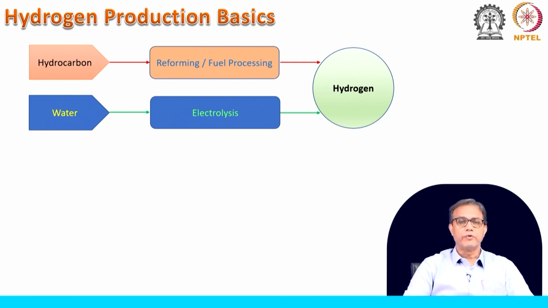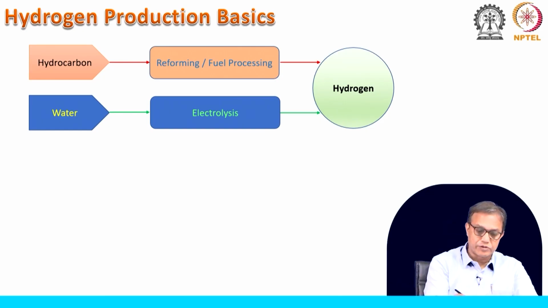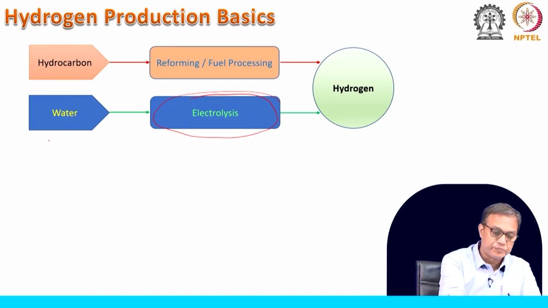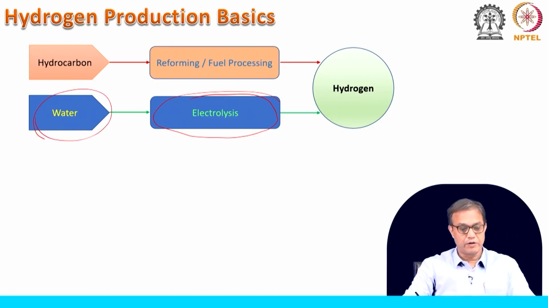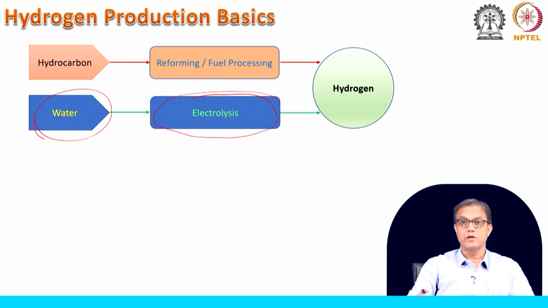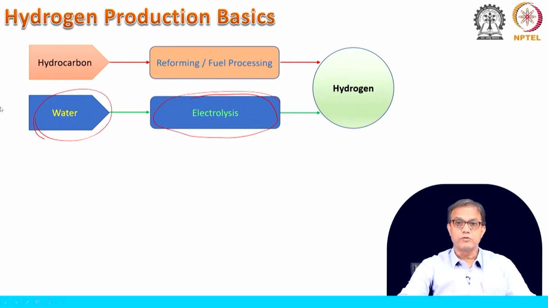We will talk about the production of hydrogen using electrolysis separately, but before that we will look into the reforming process. Both these processes are quite matured, both hydrocarbon reforming as well as electrolysis. So we will look at them separately, and to start with, let us start with